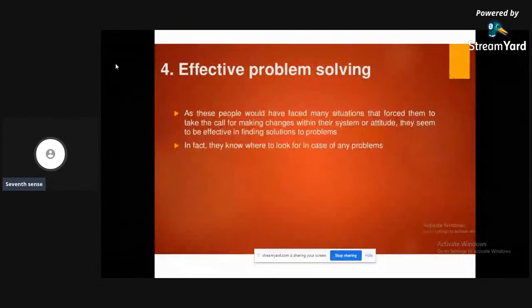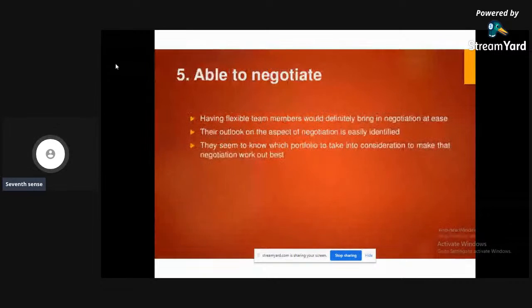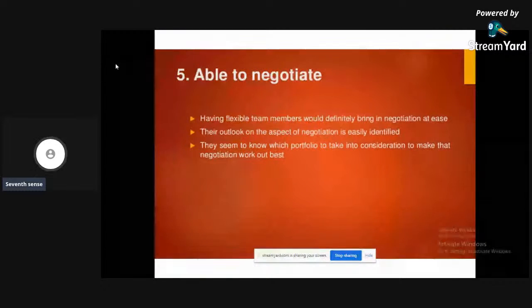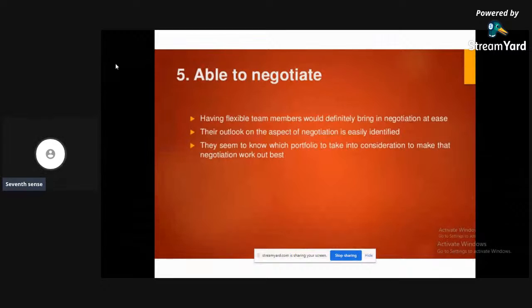You will know if you are flexible and able to negotiate. Negotiating is very important while you are getting hired. For example, the company asks what your expectations are, what your previous salary was, and how much you are expecting now. You should be able to negotiate.